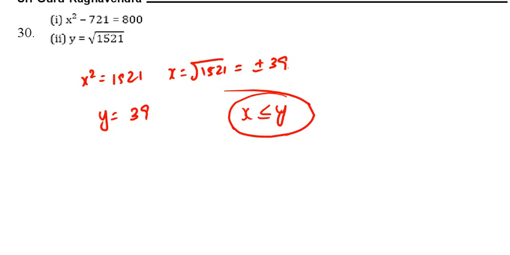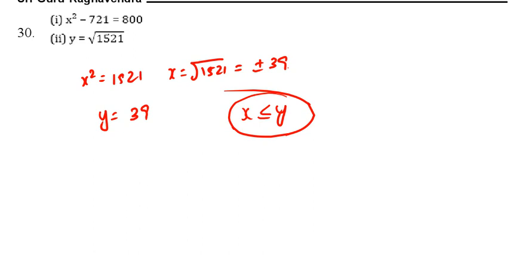Six, 15, question mark. 93.75, 234.375, 585.9375. See here, this is into 2.5. Again this is into 2.5. So the entire series is into 2.5, because if you see this one, you take carefully, 0.75 into 5.